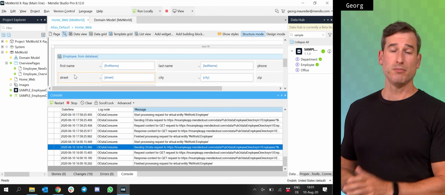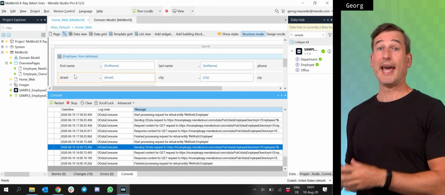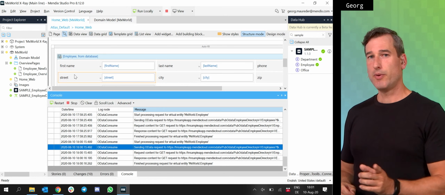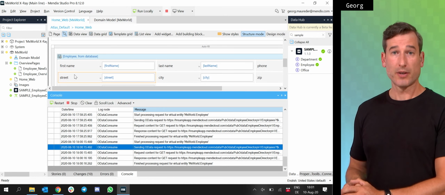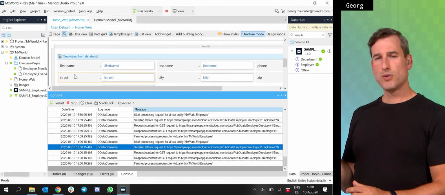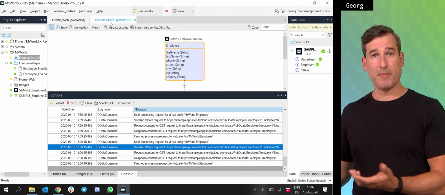So there's one more thing I wanted to show, as promised. Often you want to build applications with external data and local data, so persistent information. We will allow you to do that, obviously, but we also wanted to make it a nice experience while modeling, while still making sure that you stay in control over the architecture. As soon as you relate local data with external entities, external data, you create a dependency. And you don't want to end up with an application that caches everything just to make sure you can handle those relationships or associations. So the way it's done with Mendix is if we go back to our domain model,